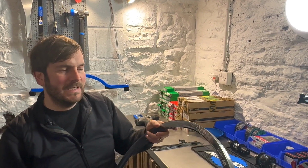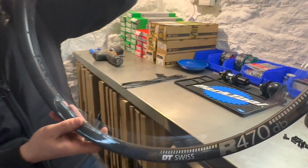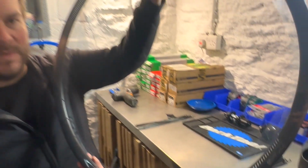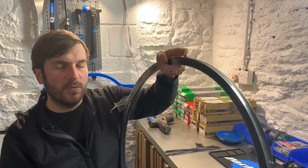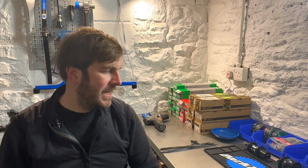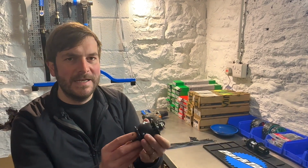So the customer requested DT Swiss R470, which is a good rim for tyres from say 32C wide up to 40C. I was going to say 47, but 40. If you wanted 47, you'd have to go to the gravel wheel. We've got a lovely, super high-end Sun